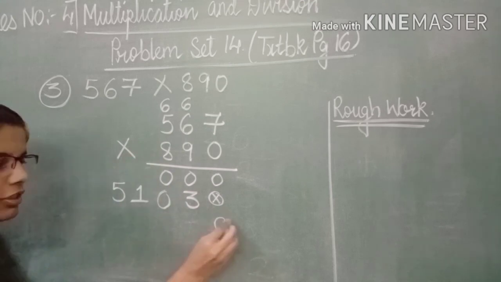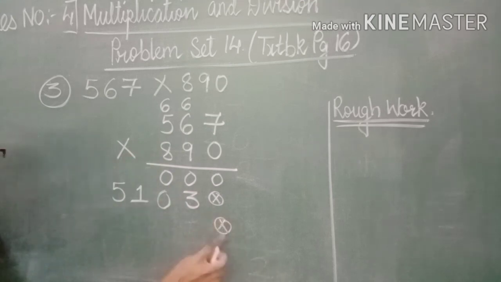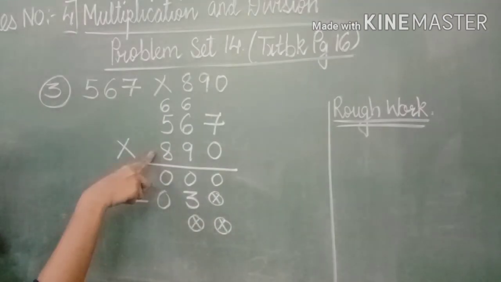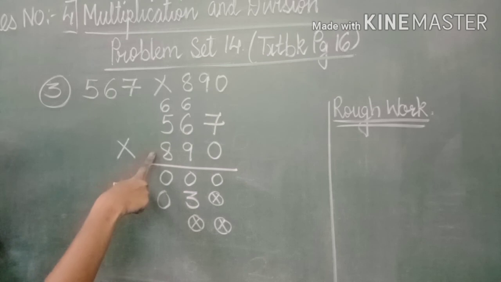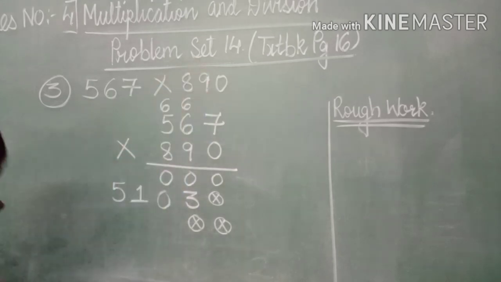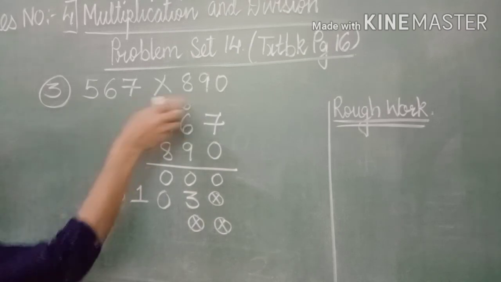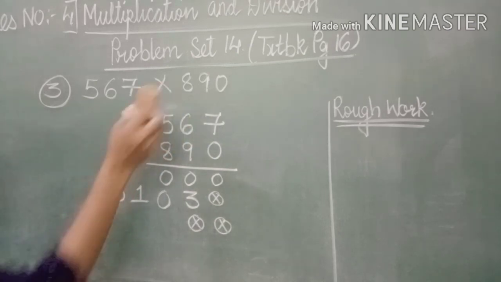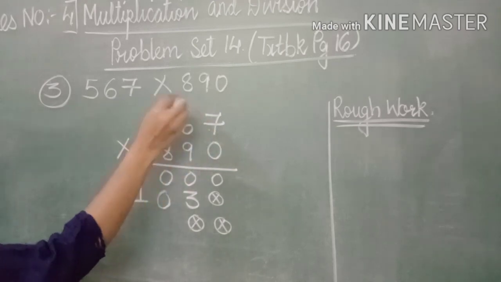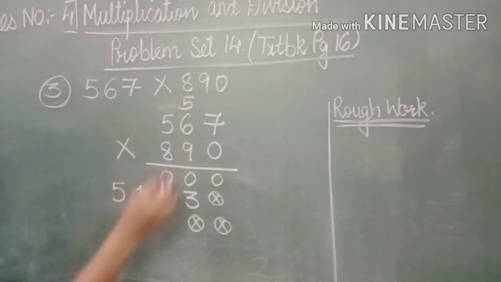Now we are going to do the calculation for 8, which is standing in the hundreds place. So how many zeros? 2 zeros. This is the units 0, this is the tens 0. And now we are going to do the calculation for 8, which is in the hundreds place. As I have told you, there is no need to write the carry forwards here. As soon as you finish, you can erase them. 8 sevens are 56. So 5 carried up, 6 written down.